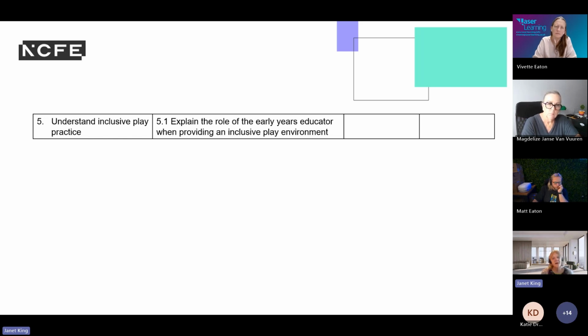So thinking about that, thinking about the challenges to creating an inclusive play environment can also be discussed. And how do we approach this with parents? So we might have a very open door policy and just say, well, parents know that they can come and they can make appointments, or they can stay as long as they want to stay within the play environment. We have a strong open door policy. That's fine for parents who will take advantage of it, and absolutely it's a good thing.